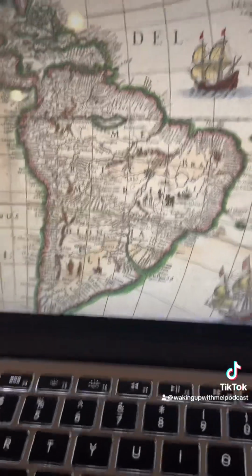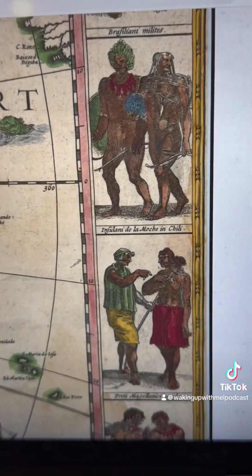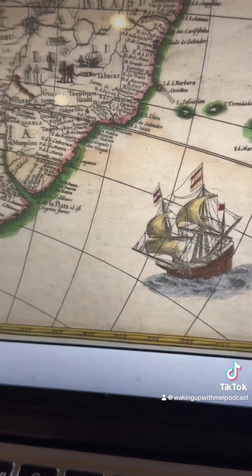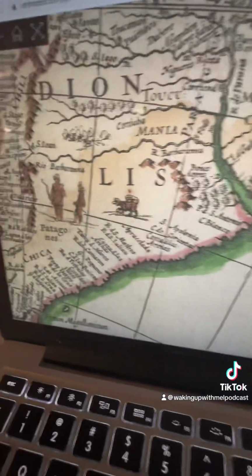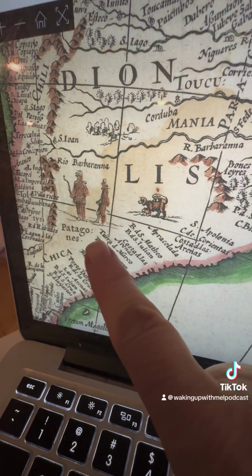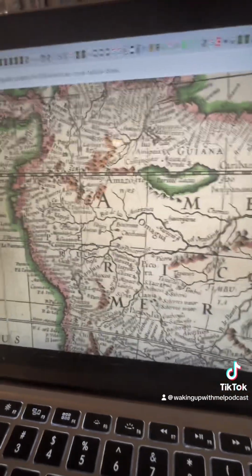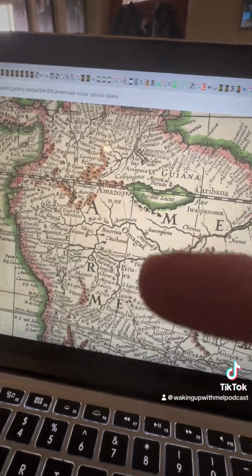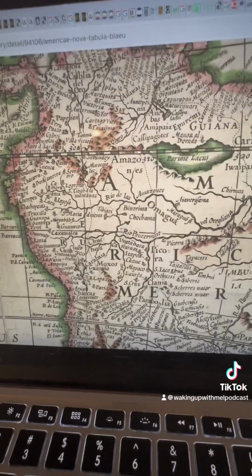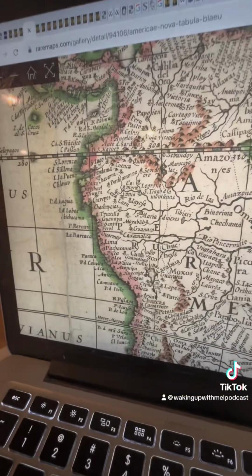So we're talking about South America first. By the way, here's all the people that lived here on each side of these maps. All the inhabitants. There's big old ships. But I want you to notice what I just showed you. Patagonies. Okay, so Amazon and then below. But on the other map, it was over here and over here. See how the directions changed? That's another hard thing with these maps. You always have to pay attention to where they have north, east, west, and south on each map because that's fun.